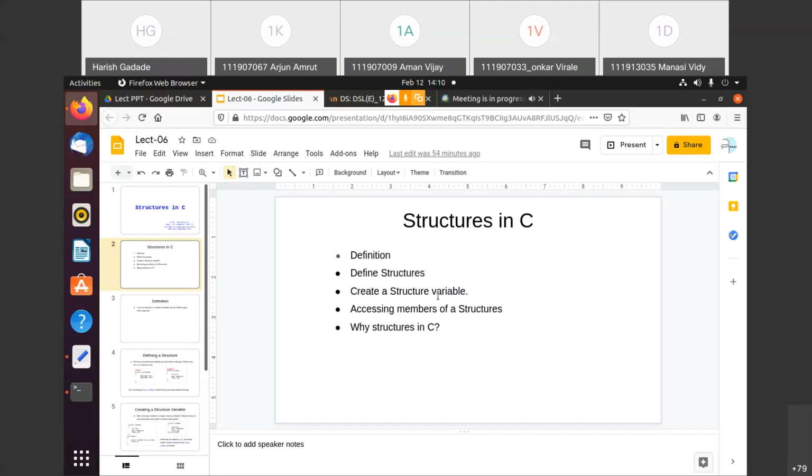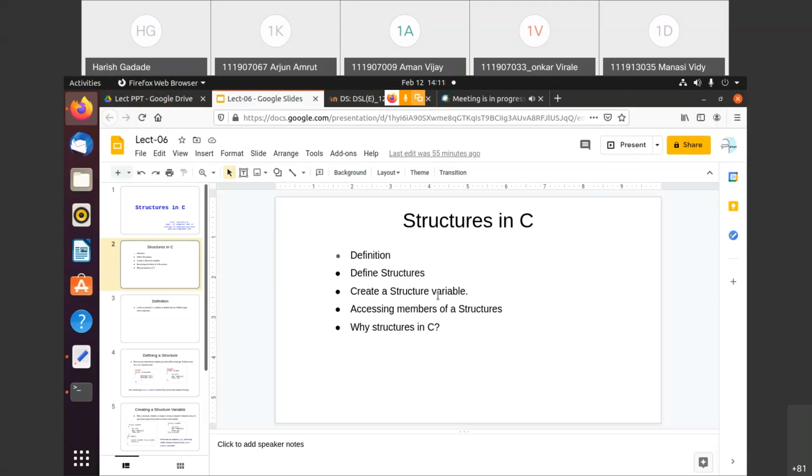See, till this we have seen the basic data types like integer, character, and float. So integer variable is having some size, character is having some size, and float is also having size, 1 2 4 something, right? So everyone is having a defined size. But what can we do if we have different kinds of elements in our hand, or if suppose that size is not declared or defined in the programming? So this is the solution for that, we can say. One solution we have seen is the array, second is this one.